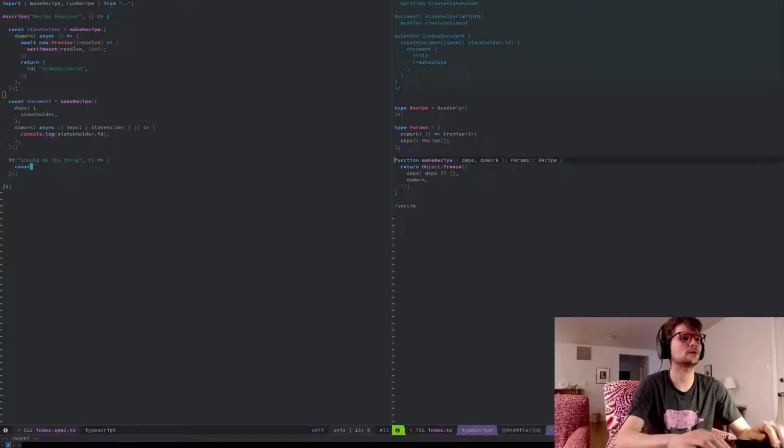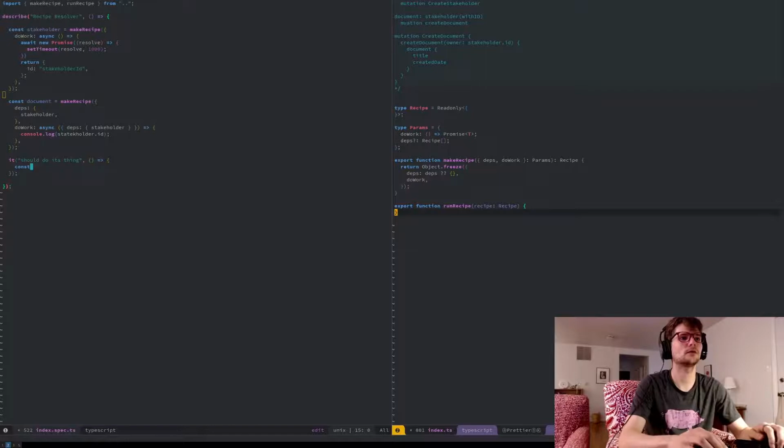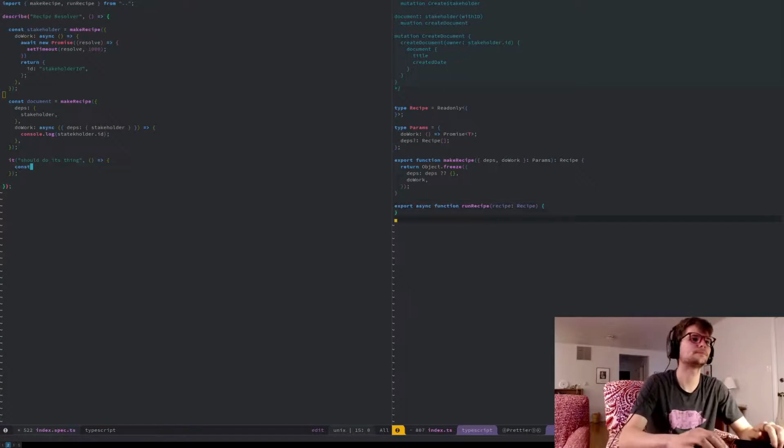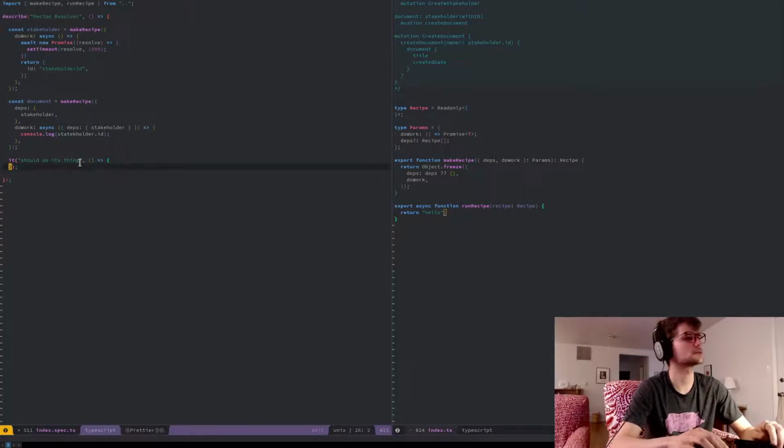We have to export this thing, and we also have to export this, which is going to be our run recipe. This takes a recipe, and this is also an async function. Let's make sure this works. I'm just testing that my tests work because I haven't done this yet. This is an async test,